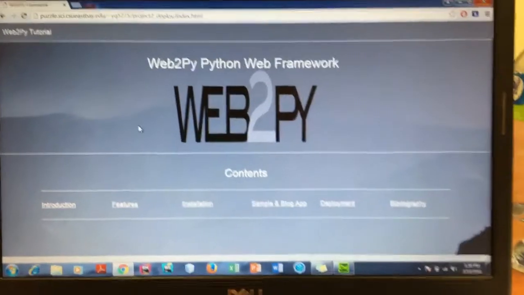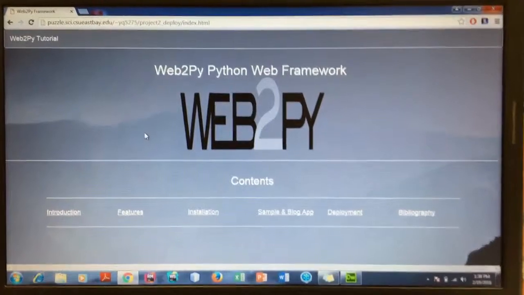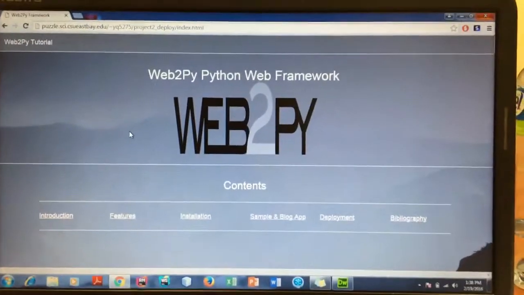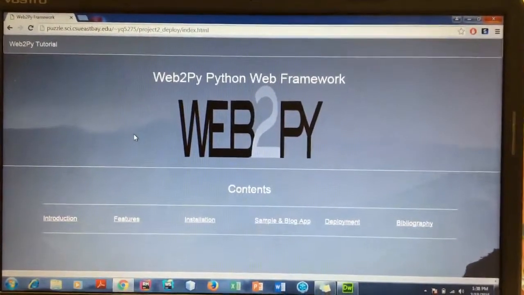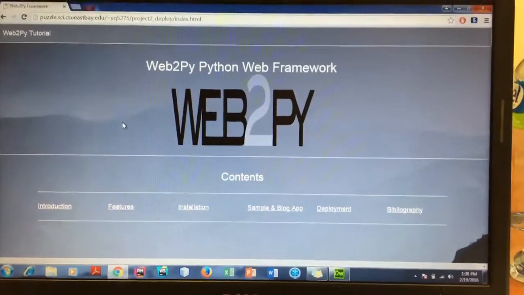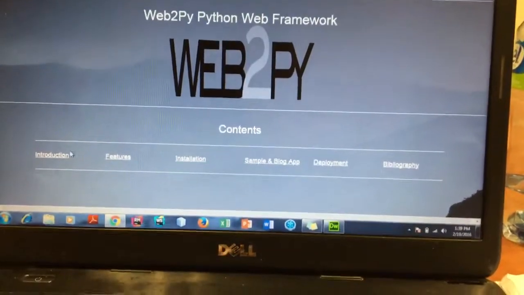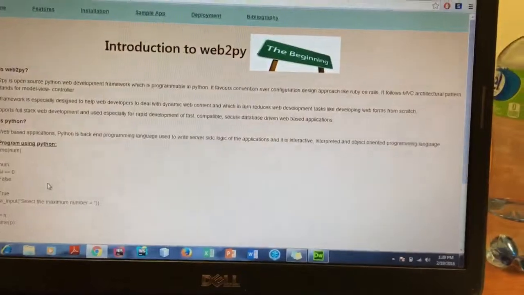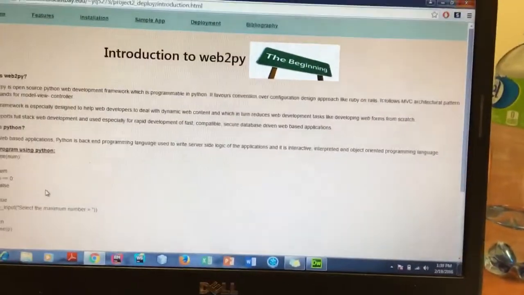Today we are going through the tutorial of web2py Python web framework. Right now we are on index page, which is the home page of this tutorial. We have navigation to different pages like introduction, where we come to know what actually web2py is,